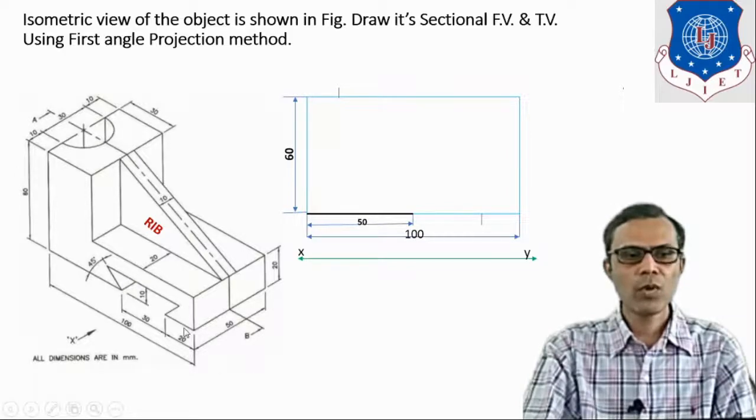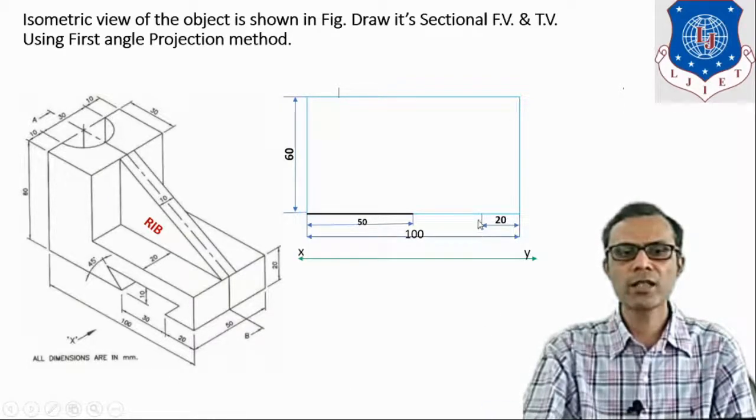From this point, it is the dimension which is given as 20 mm. So locate this point at a 20 mm distance from this corner point. Draw this horizontal edge here. It is drawn here. The length is 20 mm. Now this horizontal edge is at a distance of 10 mm from the bottom. So from this bottom line, measure a 10 mm distance and draw a horizontal line as shown here. It is the horizontal line.